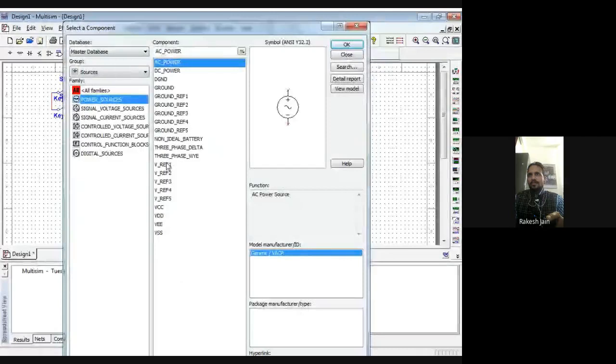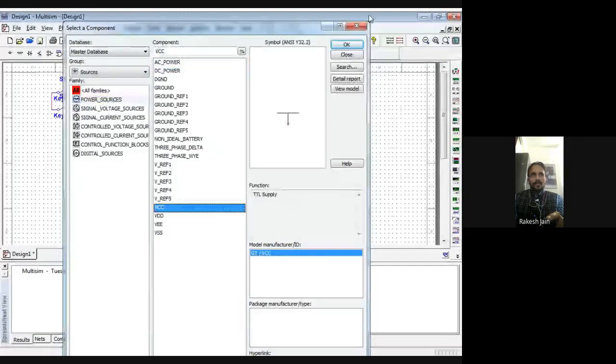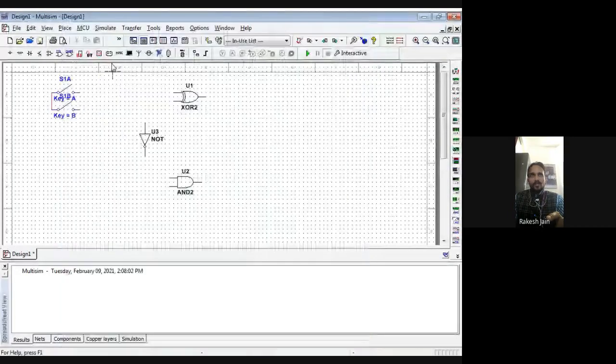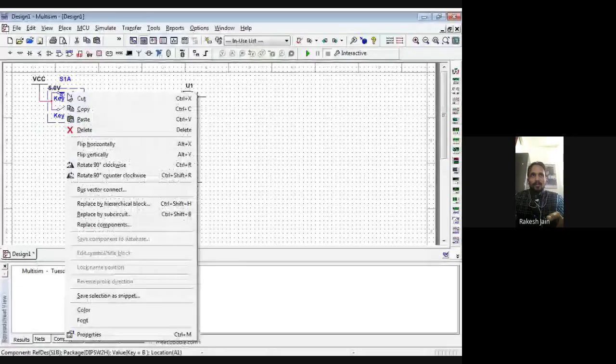The first switch name is A and the second is B. Because we have to provide the input, we connect them with the 5 volt power source. Whenever the switch is pressed, the particular line will generate 5 volt. Whenever switches are not pressed, it means no input.